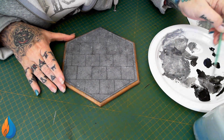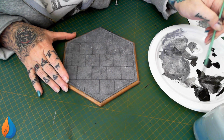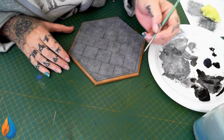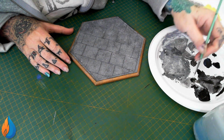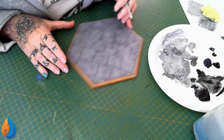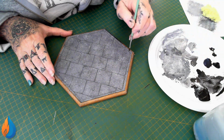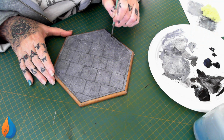I'm going to go back into this black that we wet before to do in these. And I'm going to really water it out. So this is about how thick it is, how wet it is on the brush. It will barely be different. And I'm just going to brush into these cracks really, really lightly. Trying not to get too much paint on top, so I don't need to wipe any off,